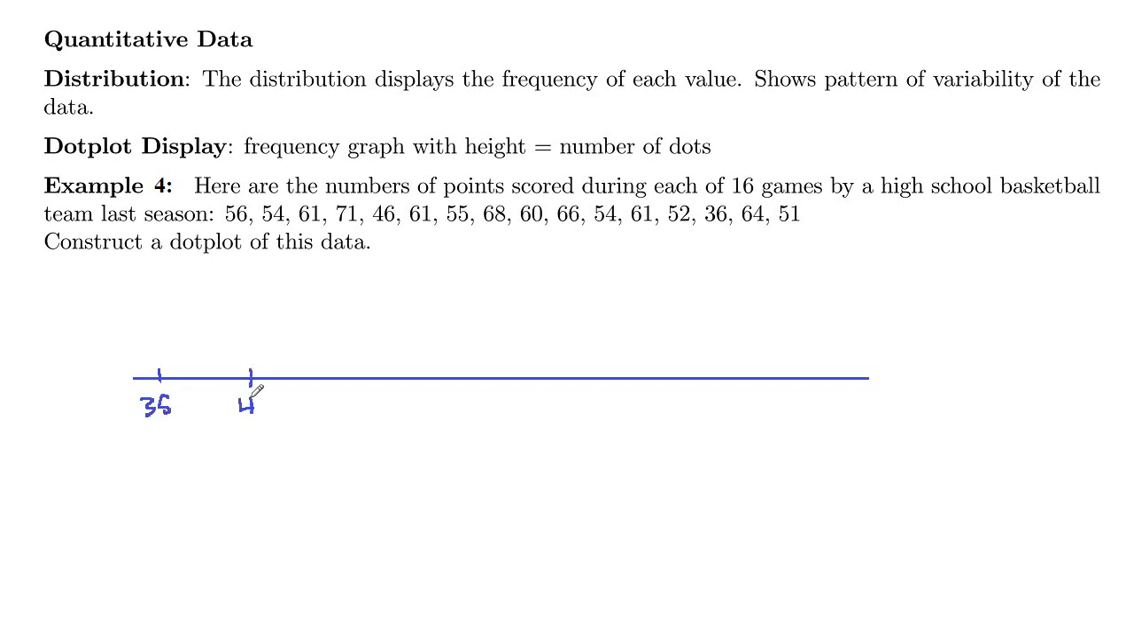in fives. 40, 45, 50, 55, 60, 65, and 70. And now we'll just go through our list and we'll put a dot for each value. So 56 would be about right here, and 54 about right here, 61 here, and 71 there,